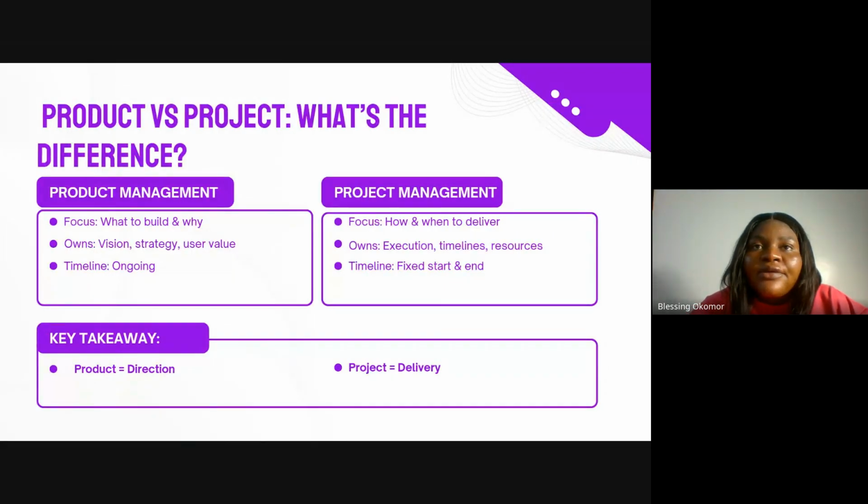Let's just take, for example, that OPay does not exist. And as a team, we are all one team. We want to launch a mobile banking app, right? And we want to call the name OPay, right? As a product manager, you focus on what to build, which is the mobile banking app, why you are building it, right? And one of the reasons why you are building it would be to help people transfer money from the comfort of their home without going to the bank, right?